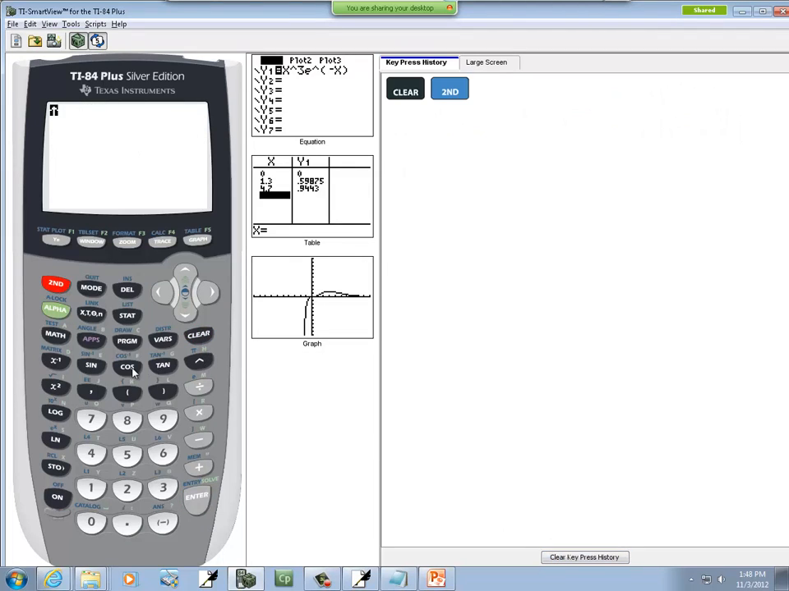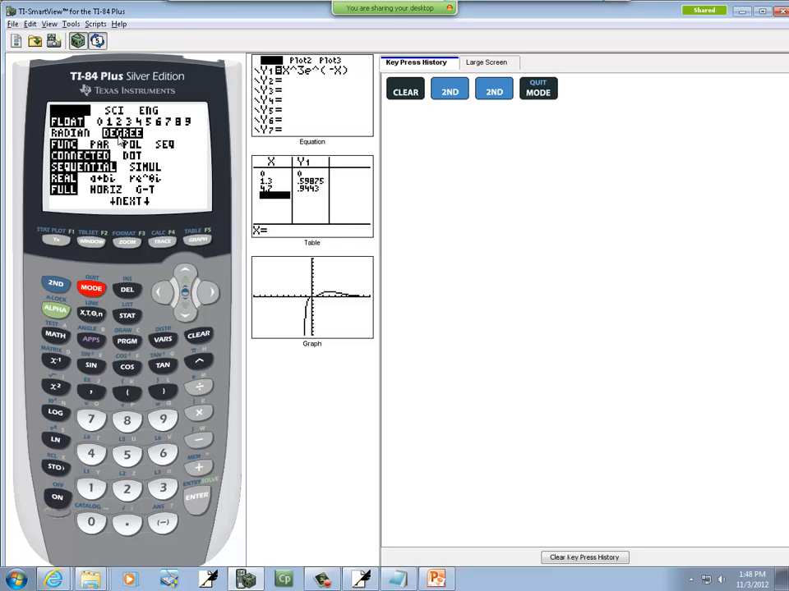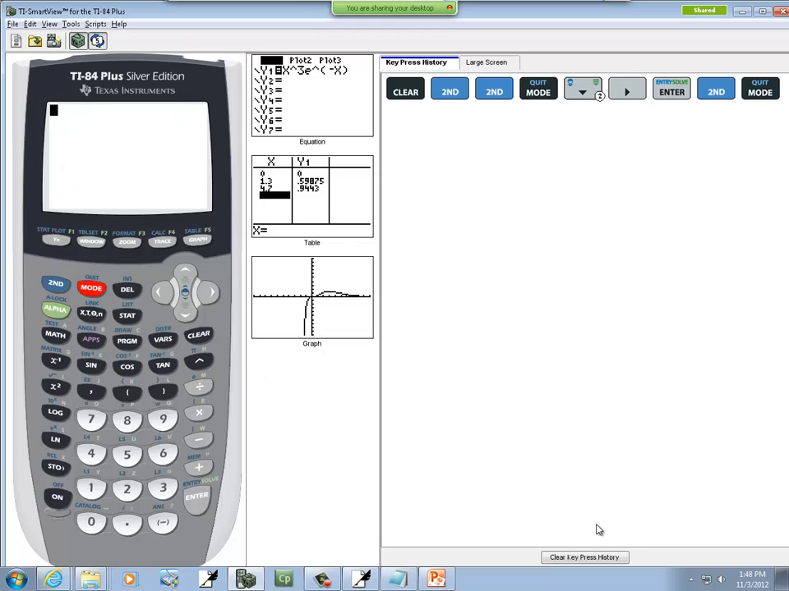So do second. You want to make sure you're in degrees, so press mode and make sure it says degrees. If it doesn't, down arrow to it, right arrow, put your flashing cursor on degree and press enter. Okay, so now we'll do inverse cosine of beginning parentheses, second x squared for the square root, put a 3,